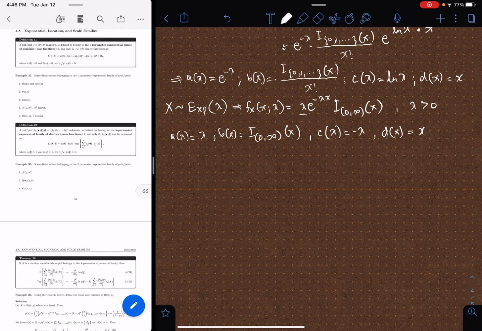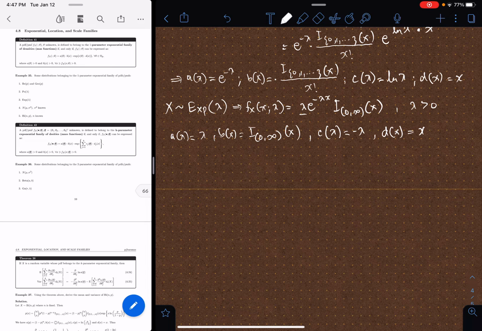Okay, so, for the normal and the binomial distribution, exercise na yun, class. Okay, now, in definition 42, binigay naman yung definition ng k-parameter exponential family of densities or mass functions. So, yung unang definition kasi kapag isang parameter lang yung nasa PMF or sa PDF. Pag more than one parameter, iba naman. Medyo similar lang. Extend lang natin yung